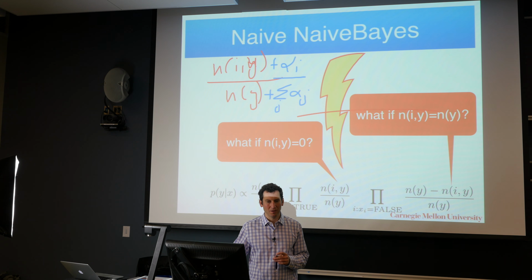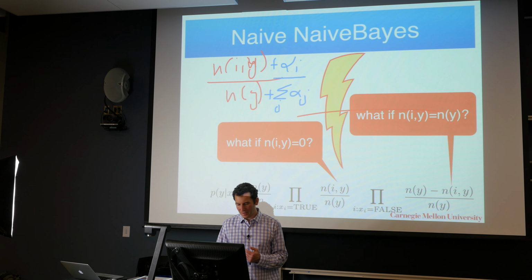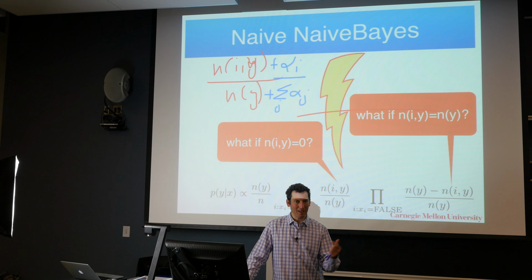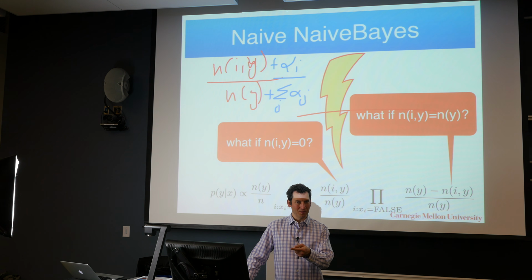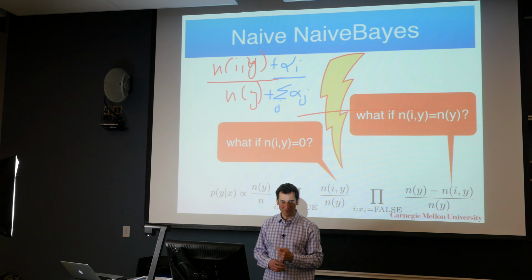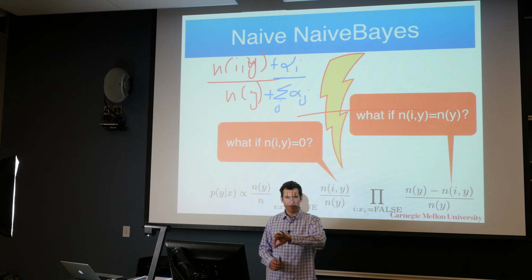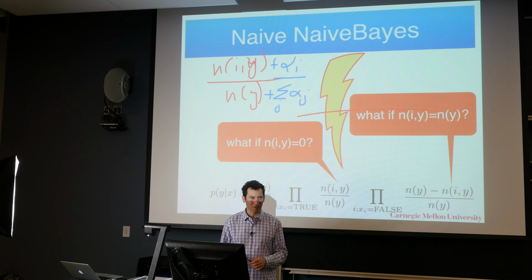No, it could not. Well, it might not be 1 because now you're adding a small constant also to the other part, right? So let's say I encounter Viagra 10 times for spam and 0 times for ham. And I'm adding a count of 1 to each of those. So I have 1 and 11. But now I need to divide by 12 because I have 10 plus 1 plus 1, right? And so I get the probability of 1 over 12 for ham and 11 over 12 for spam. So this is why I'm solving the effects at both ends by essentially smoothing.